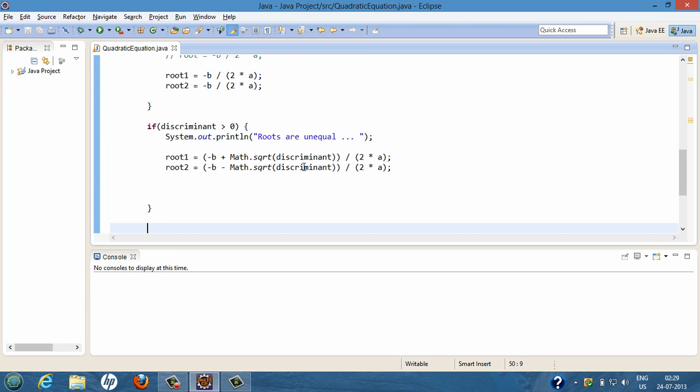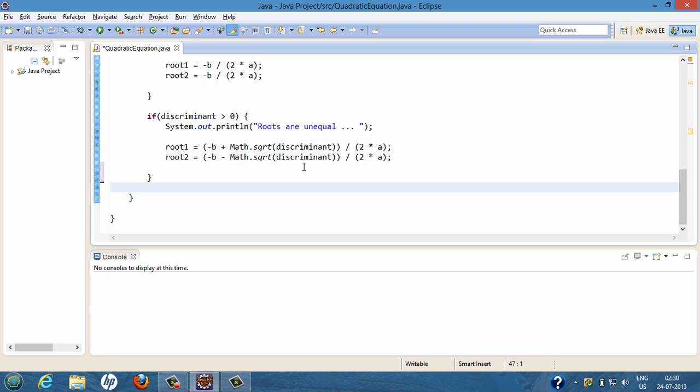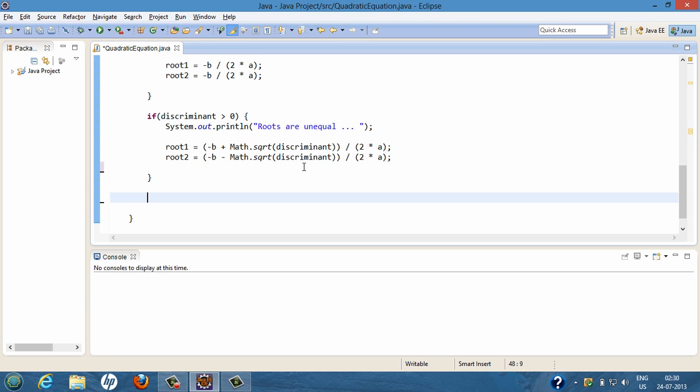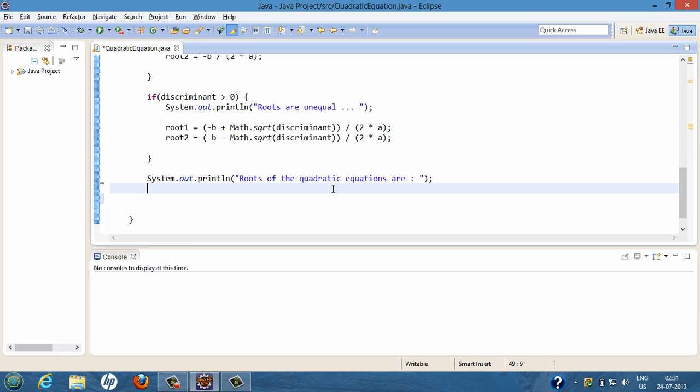So after calculation of root 1 and root 2, at the bottom we'll just print something like, roots of the quadratic equation are, and sysout their values.